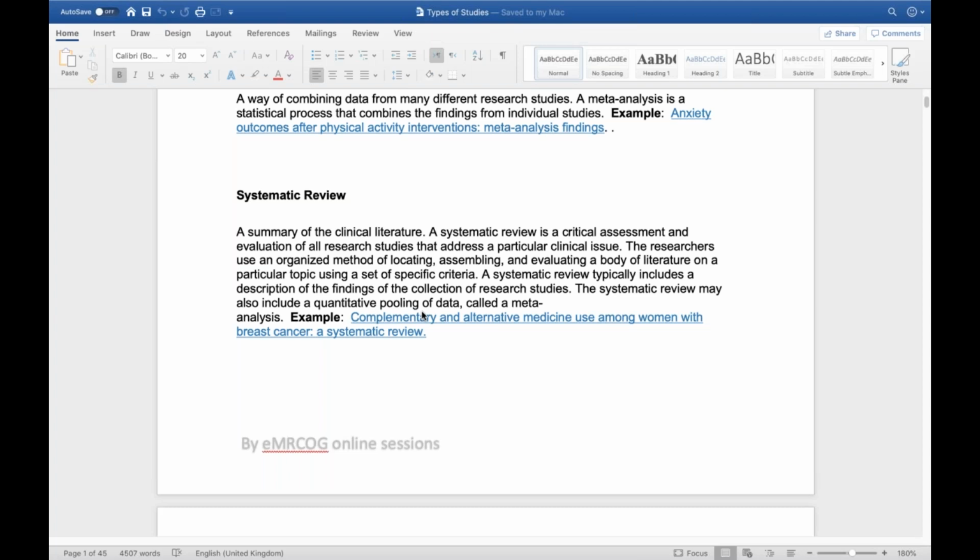You will go through all these studies and critically appraise them, and then at the end of your systematic review, summarize your